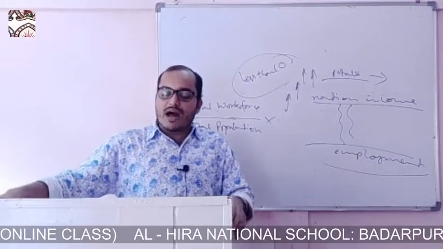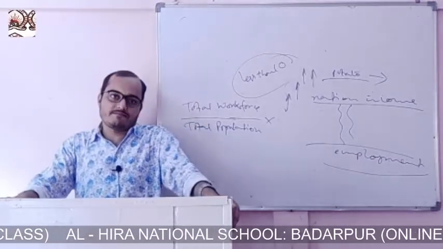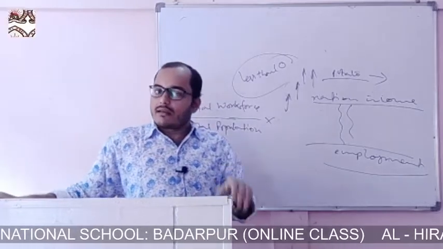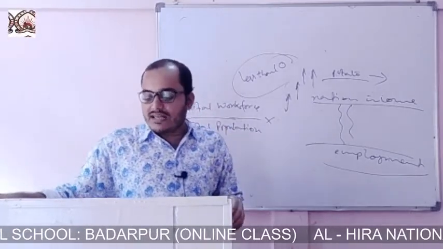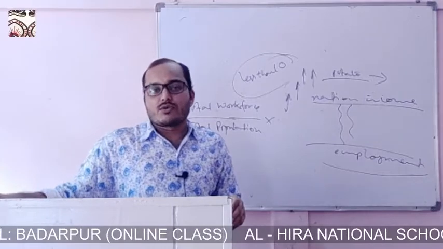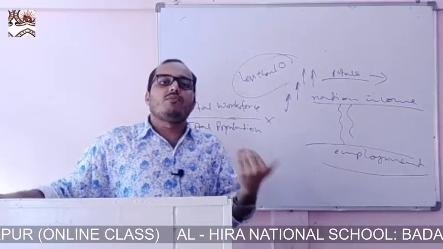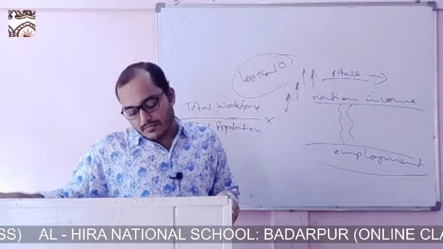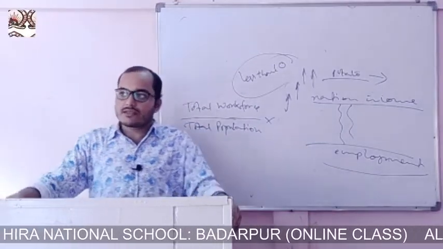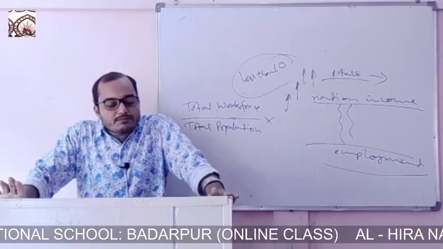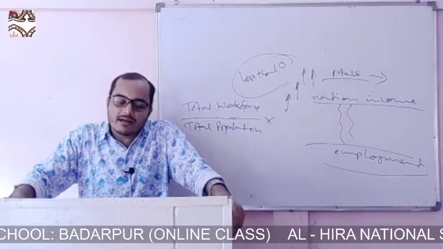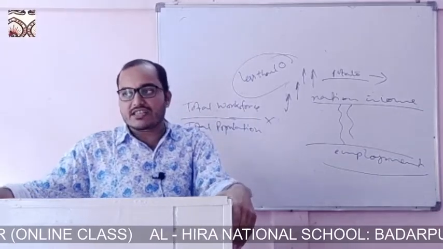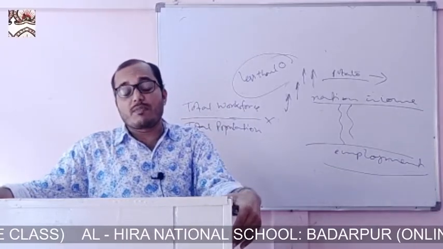And this inflation is mainly due to three reasons. One is a rise in wages. When wages increase, this inflation takes place, and another is a rise in profit. When profit is more, this inflation also takes place. Clear? Next, open and suppressed inflation. Now when there is no control over the rise in prices, and there is unrestricted rise in the prices, it is called open inflation.